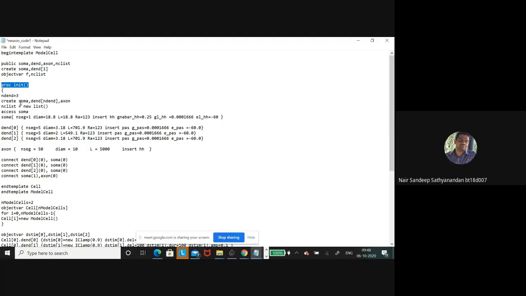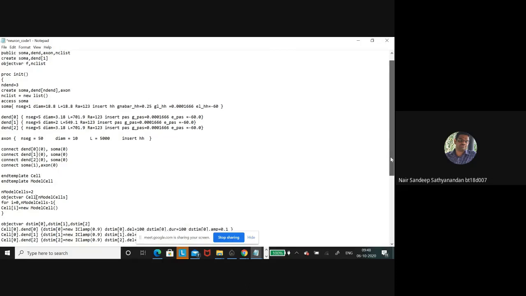So the same code that we did, the number of dendrites, creating soma, axons, everything, set the properties, and here is where we are entering the template. And after that, if we want to create 2 neurons, we set the number of instances to 2, and then define a variable called cell. So that is cell 0 and cell 1. Cell 0 will be my first neuron, cell 1 will be my second neuron, and then run it in a loop for that many iterations. Assign cell 0 and cell 1 to the new model cell. So the new model cell, whatever is inside the template, will be assigned to cell 0 and cell 1.